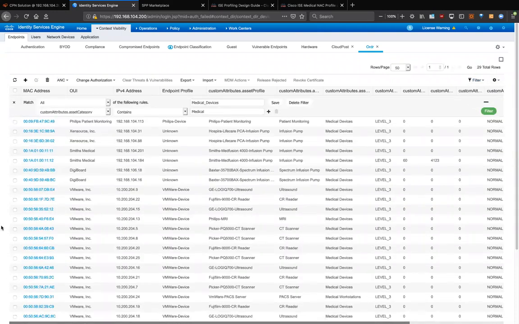And this illustrates one of the common challenges with IoT. In the case of Philips patient monitoring, because the OUI was pretty obvious, we could say that's a Philips patient monitoring device. But in the case of some of these devices like Digiboard, they make IoT gateways for many different verticals. So is this a medical device, or is this something running on the plant floor or connected to a printer? Not sure. Things like the operating system or just the MAC address alone isn't sufficient to tell you, oh, that's a Baxter infusion pump.